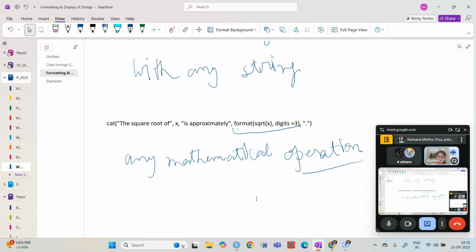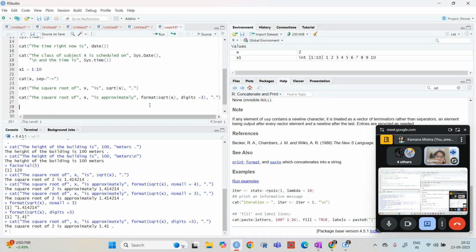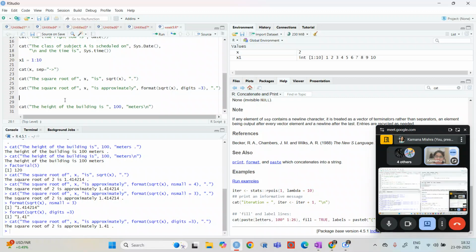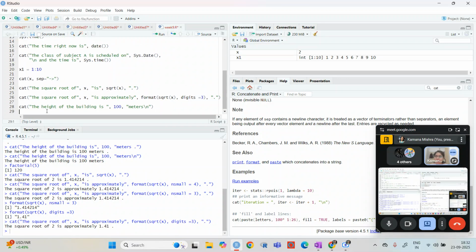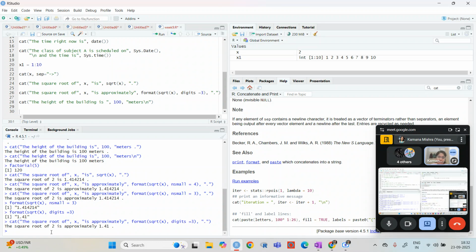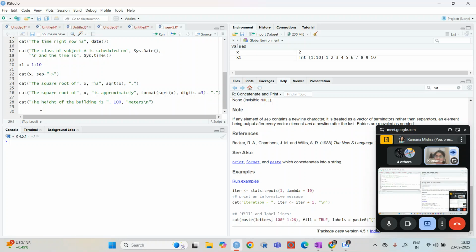Then you can form it basically. Till now, whatsoever we have printed using the cat function is basically kind of not neat. So then we can make use of the cat function to make it bigger, in a bigger frame too. We can show it as if it is a kind of data frame, although it is not, but we can print it in that format so that it will be more visible. So let's say I just want to print this.